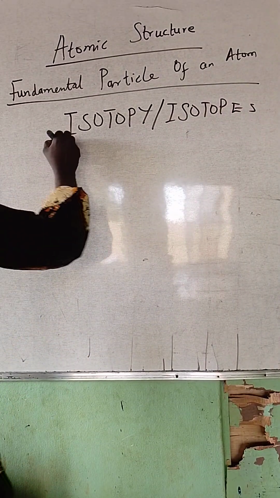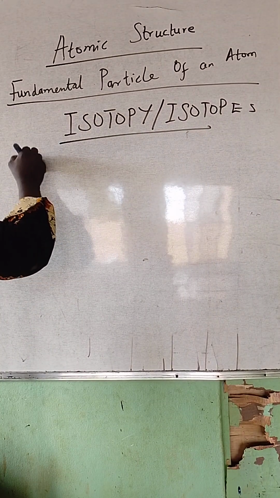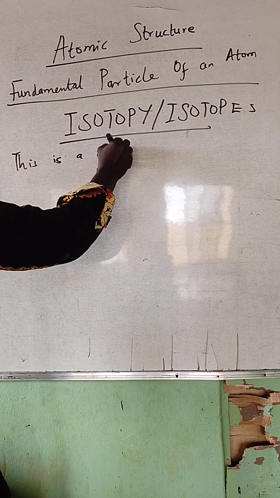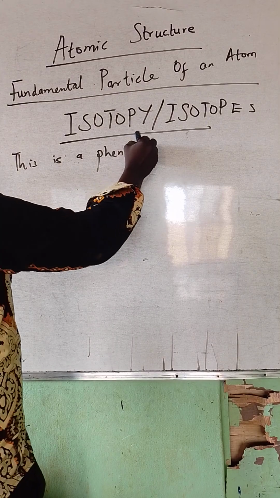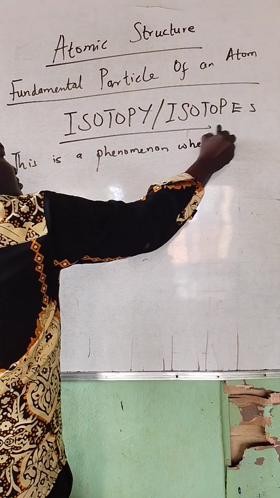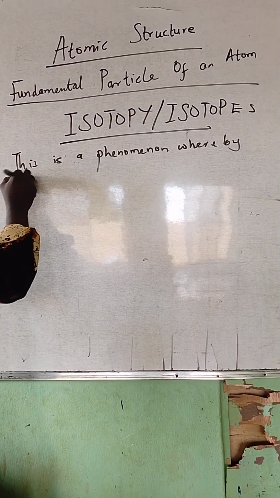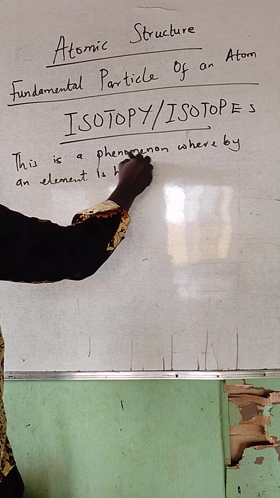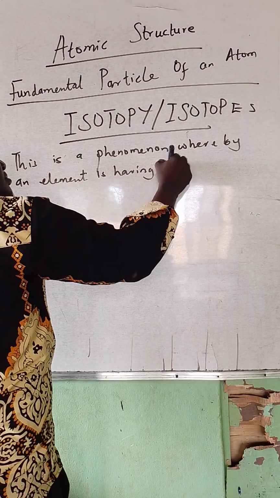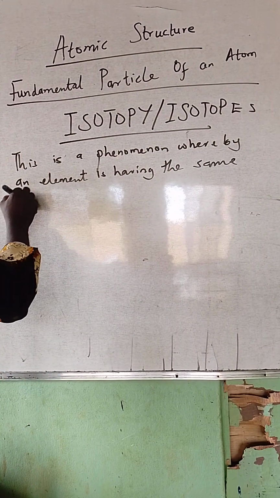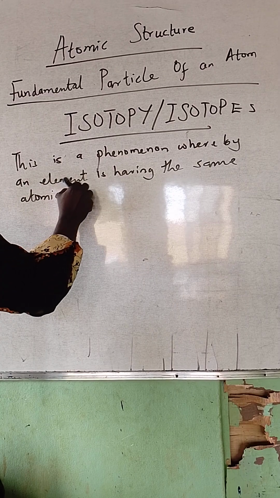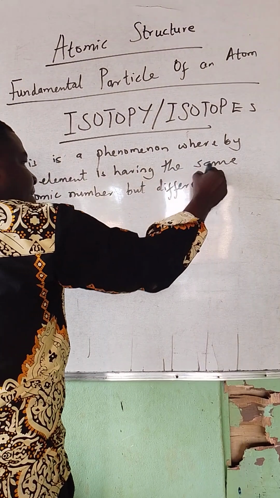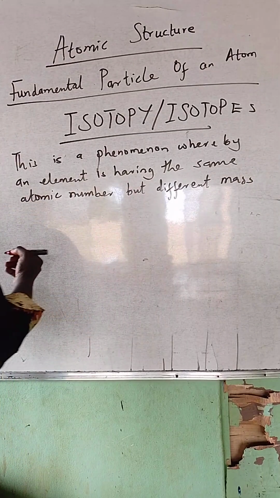So this is a phenomenon whereby an element is having the same atomic number but different mass number,